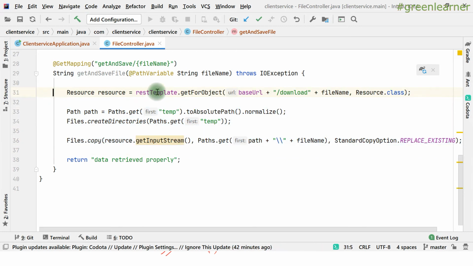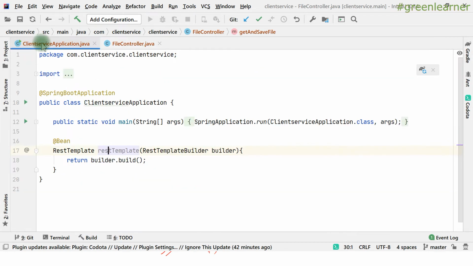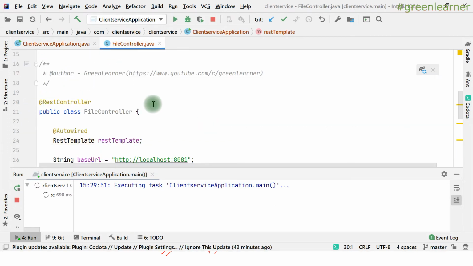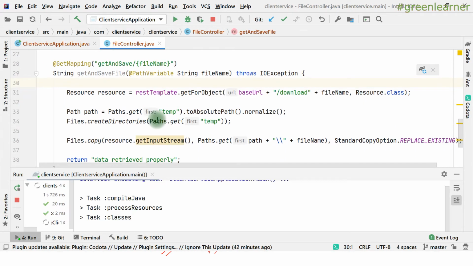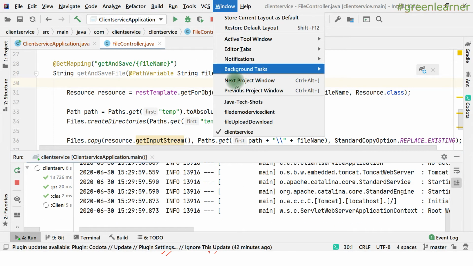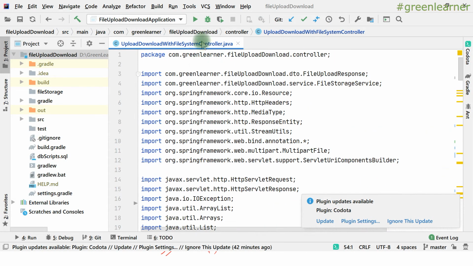So now I can pass the file name, it will retrieve it from the third party, and it will store it to the current directory and will return you the response. If there is any exception, it is going to throw it, right? So now I can go ahead and test this one, right? So let's start running this one, client service application. So let's see if it is running or not, and then add the other controller that is about uploading the multiple files into the system. So let's see the other file is running or not. Yeah, I also have to start this one.